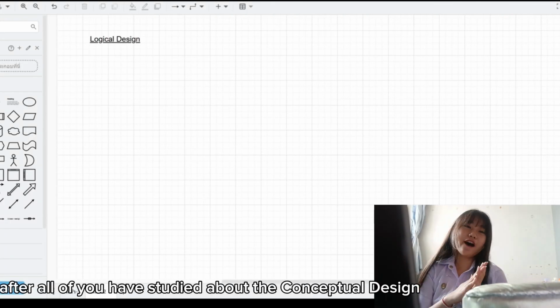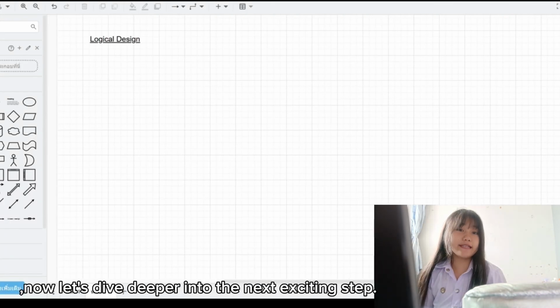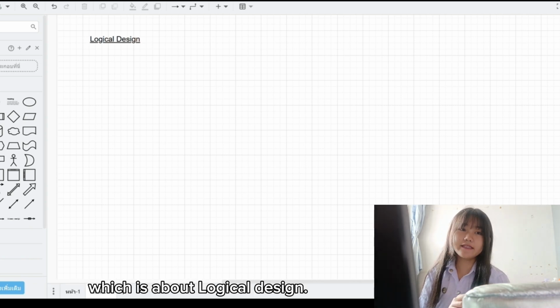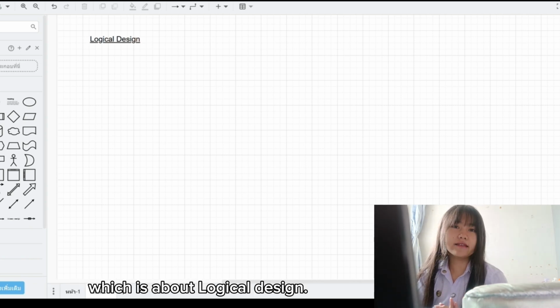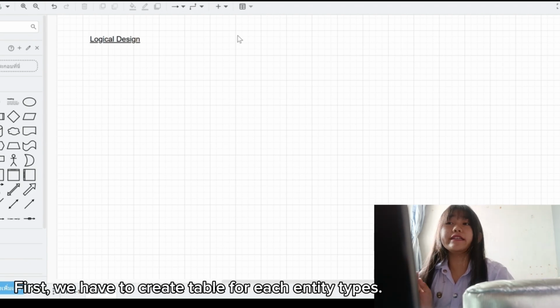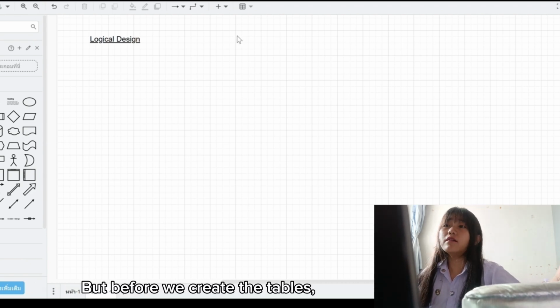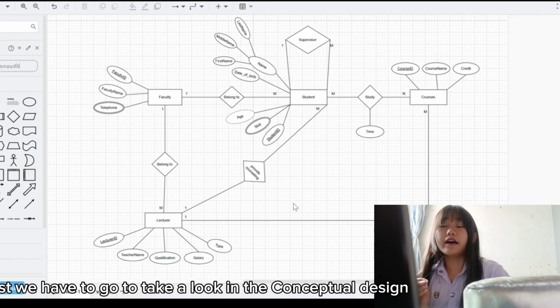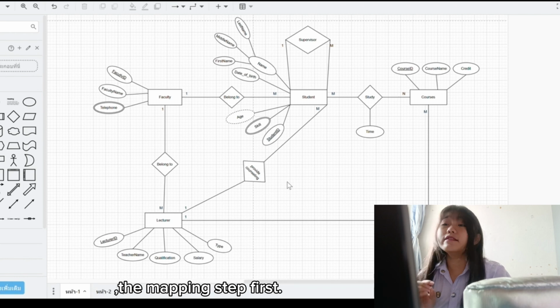Everyone. So after all of you have studied about the conceptual design, now let's dive deeper into the next exciting steps, which is about logical design. In this logical design, first we have to create a table for each entity type. But before we create the table, first we have to take a look in the conceptual design, the mapping step